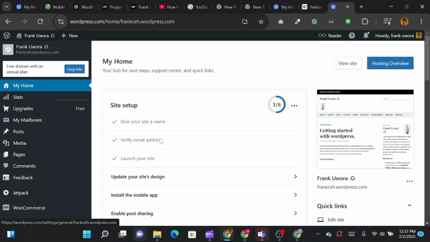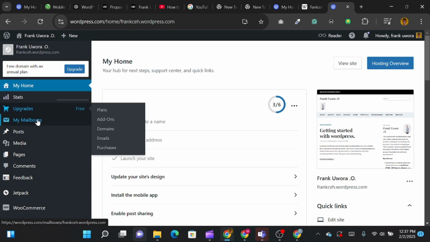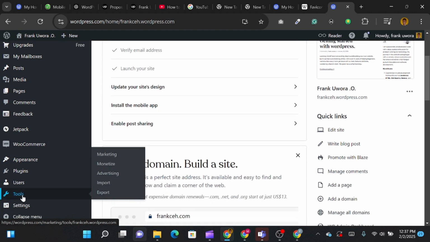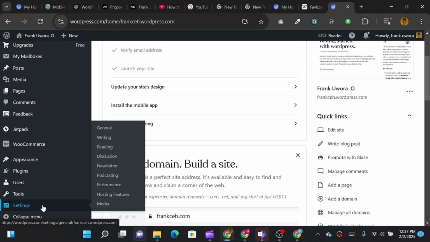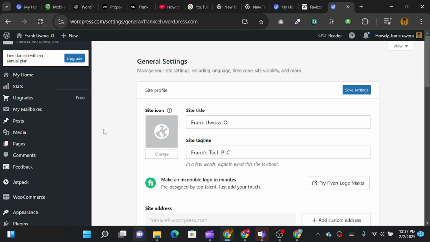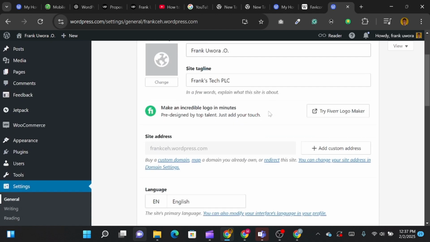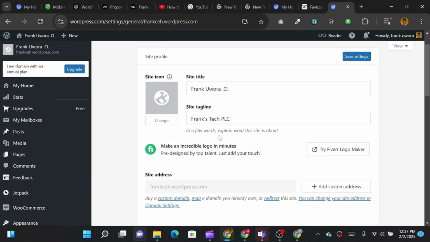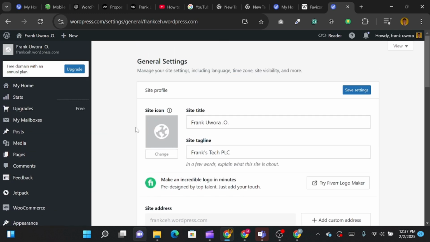So on the dashboard, on the left-hand panel, you see a couple of items like My Home, Start, Upgrade, Mailbox, Post, Media, Pages. So you head over to the settings. Once you hover on the settings, you see some other options like General, Writing, Discussion. So you head over to General. On the general, you will see manage your settings, including language, time zone. So in here, you can choose the language, your country, where you are from, if you want your website to be private or public. But for now, I'll be showing you how to change your site icon